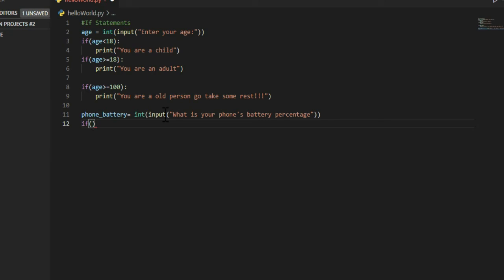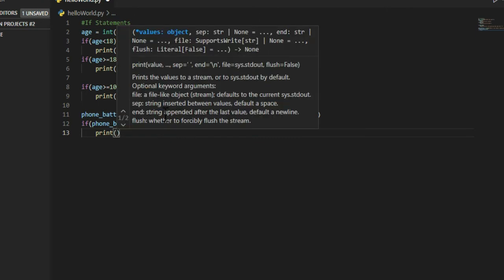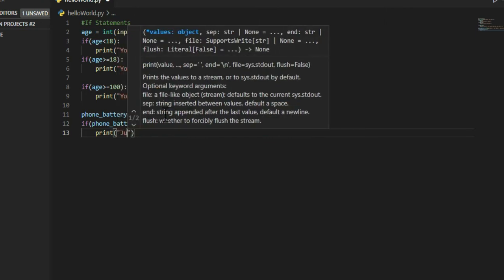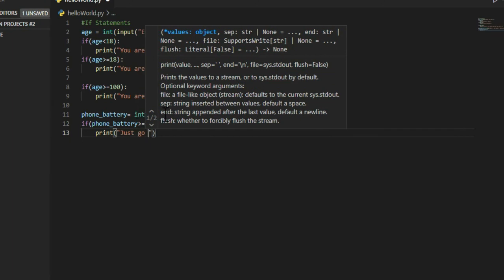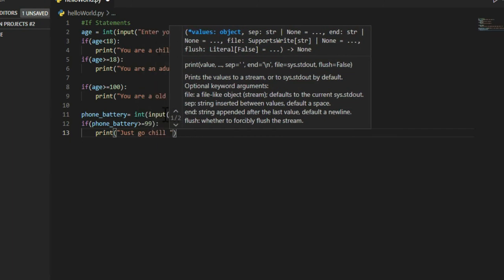Now we are gonna use an if statement. If phone battery, now to minimize the amount of work you have to do, you can just write pb and c and just enter. If phone battery is more than or equal to 99%, print